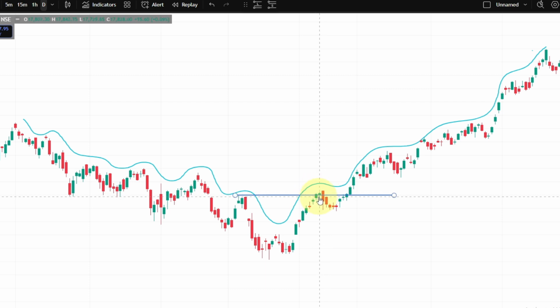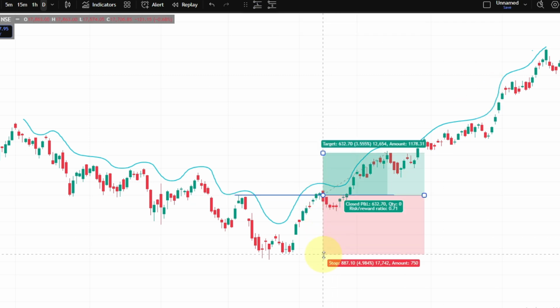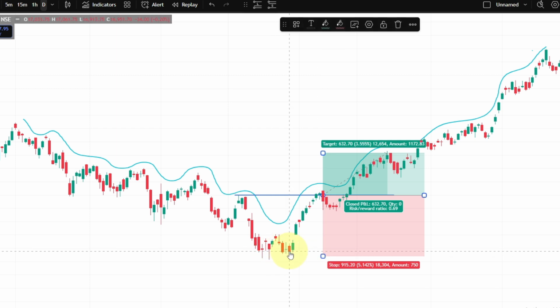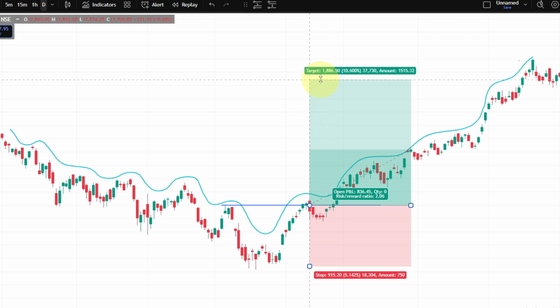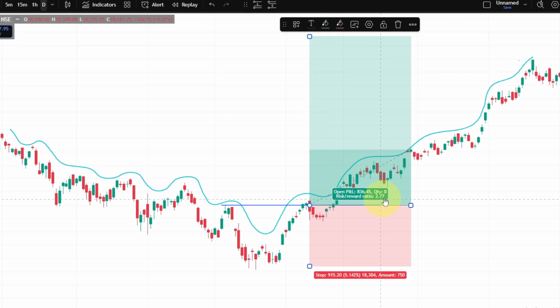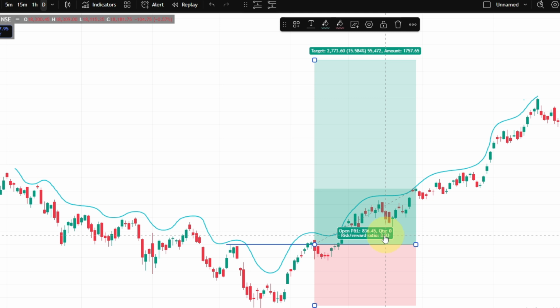After this, we are not going to jump into this trade. We need to wait for the candle to come back to this trend line. As you can see, after closing above, the market came down to this trend line again to grab the liquidity and the pending orders. So we are going to enter the bullish trade, or long setup. Our stop loss will be our previous swing low, and we will take a profit of 1:3. Here you can see we set our target to 1:3.